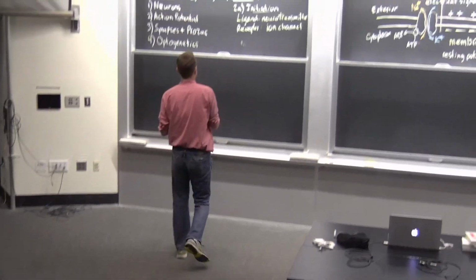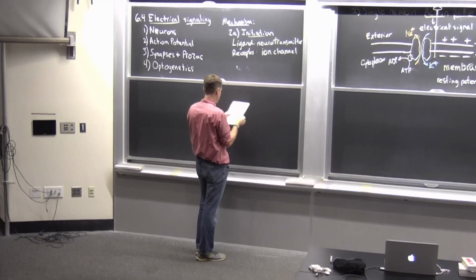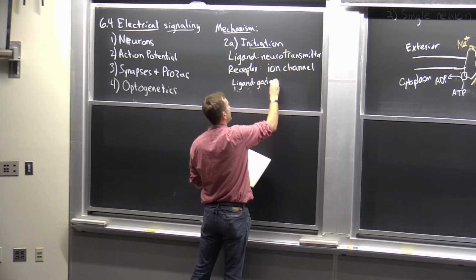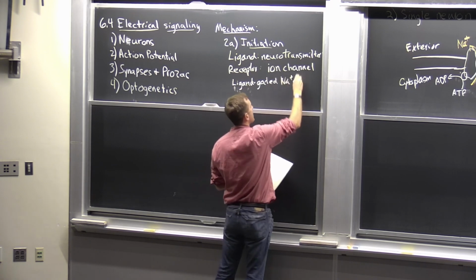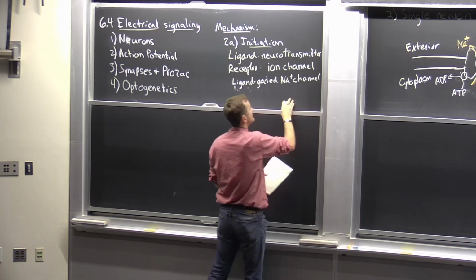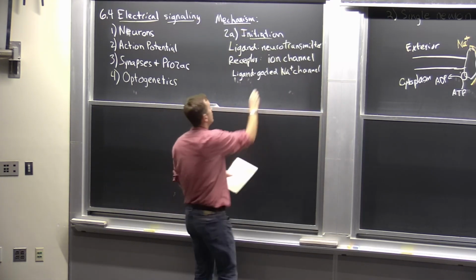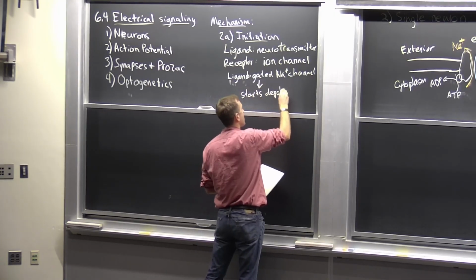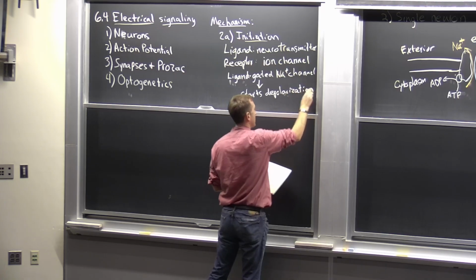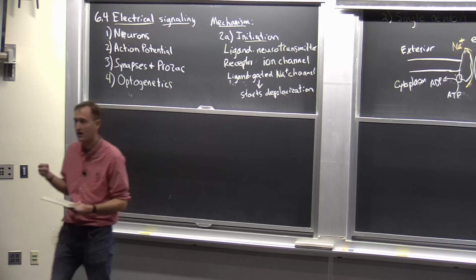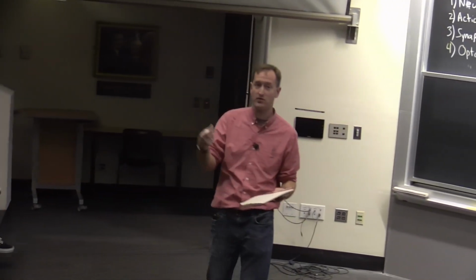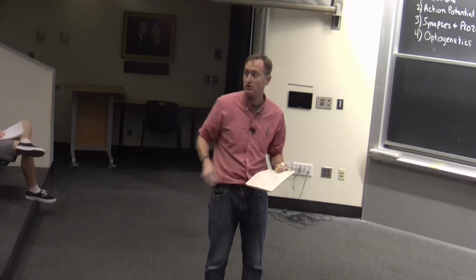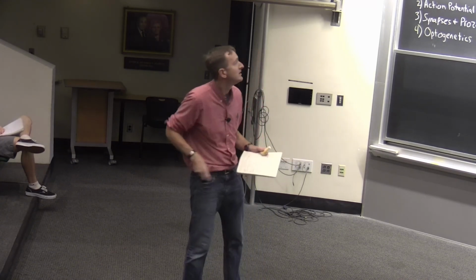Okay? So this ligand receptor binding uses a ligand-gated sodium channel. And it's this ligand-gated sodium channel which starts the depolarization. Okay, so that's how you knock over the first domino, right? But then there has to be some mechanism to propagate this along the length of a very long cell. And so I'll tell you,